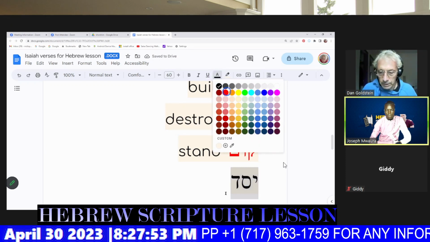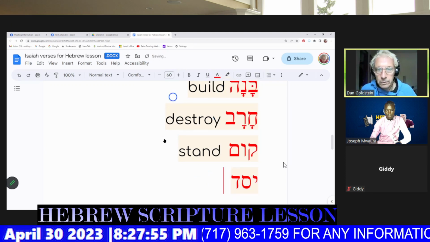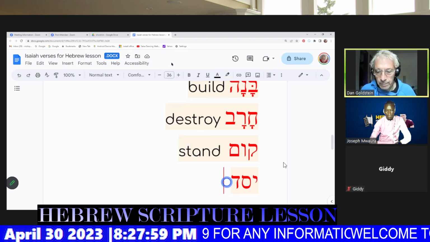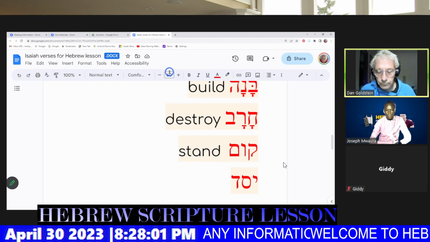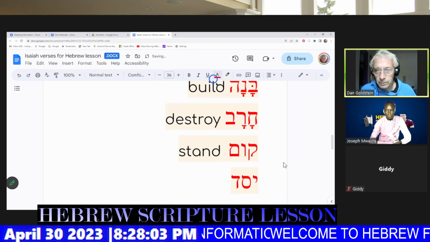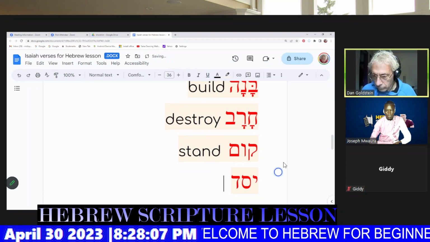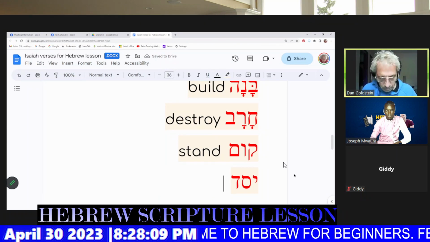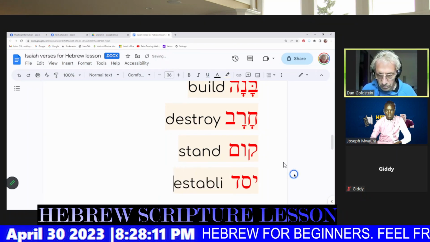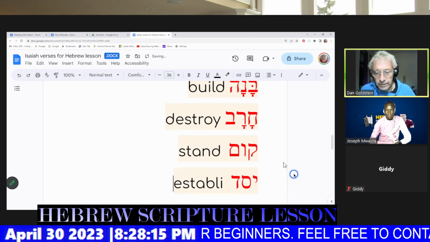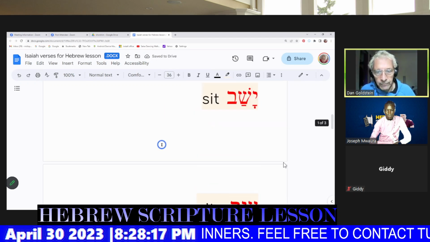And this one means to establish. Now we'll go to English, found. And then the other word we have in our second verse is